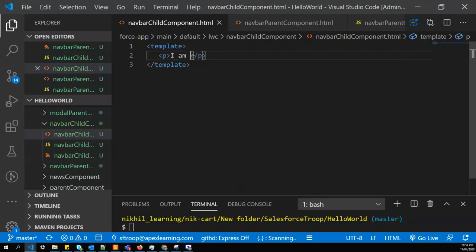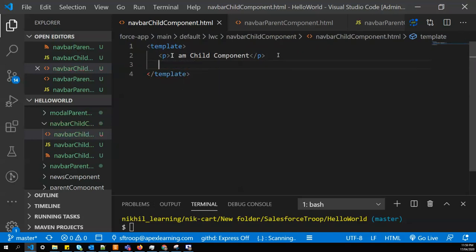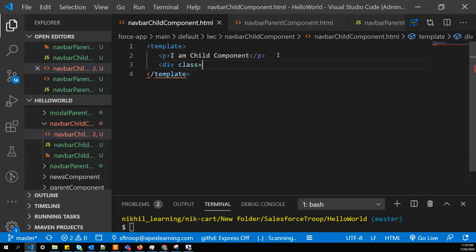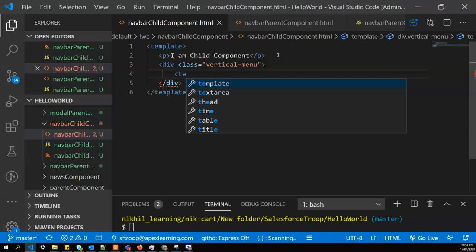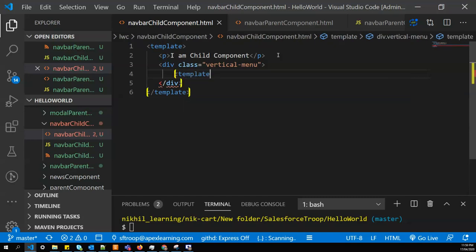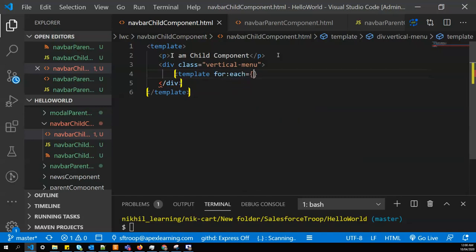We'll say I am child component, and within this we'll create first a div with class vertical menu, and within this we'll loop for each of the data that will be passed from the parent.